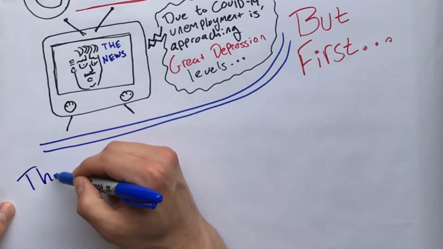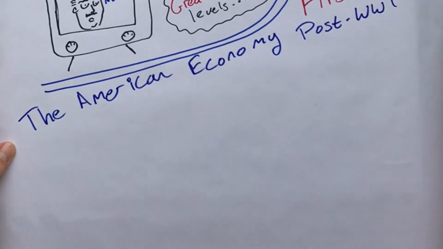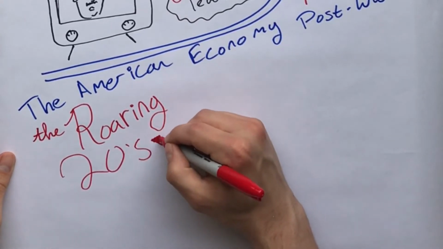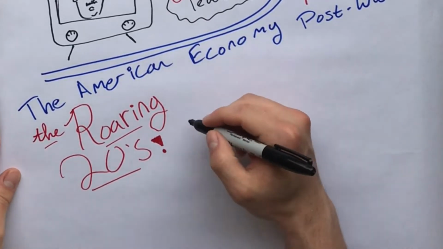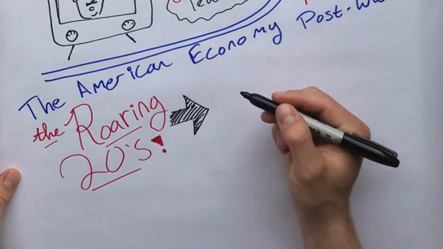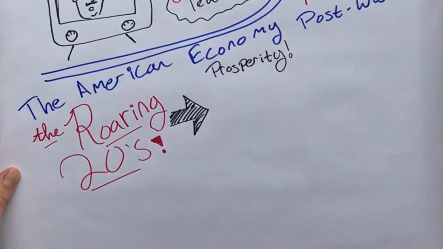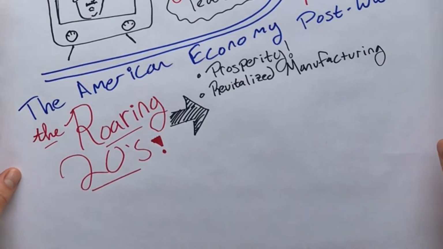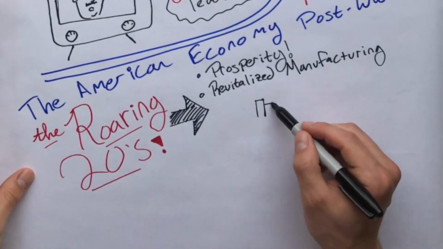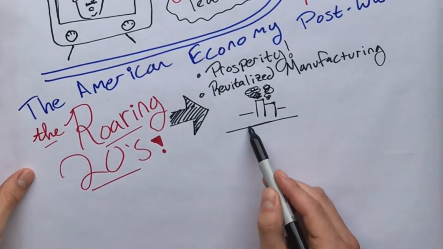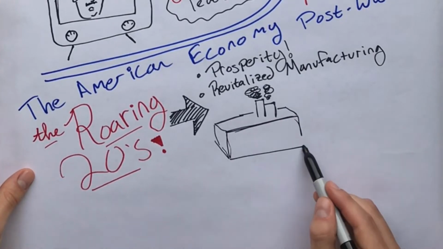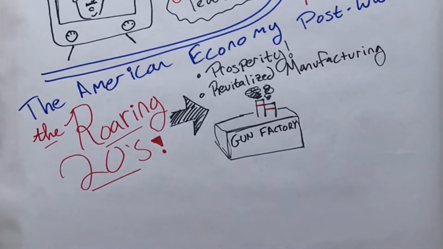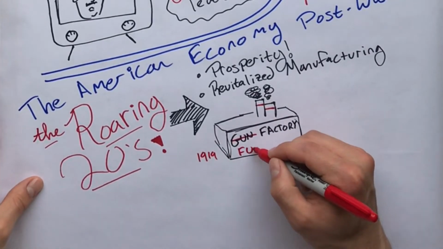Now we know that following World War I, the United States experienced a tremendous period of economic growth in what's known as the Roaring Twenties. Now there's a couple reasons for this growth. For one, the war greatly revitalized American manufacturing, and a tremendous amount of public investment was put into our factories to produce goods for war, but then following the war's conclusion, many of these producers successfully pivoted from producing wartime goods to peacetime goods, things like automobiles and new appliances and time-saving devices that put this new technology to work